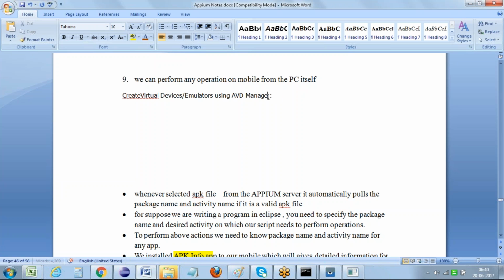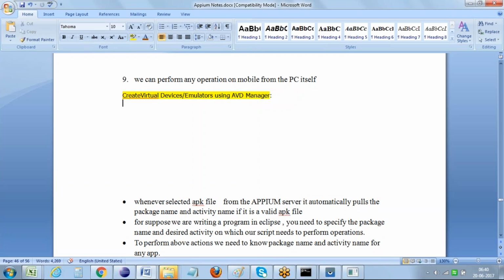Virtual devices in Android, we can also call them emulators. Virtual devices on a Mac, we can call them simulators. So how can we create a virtual device? So it means